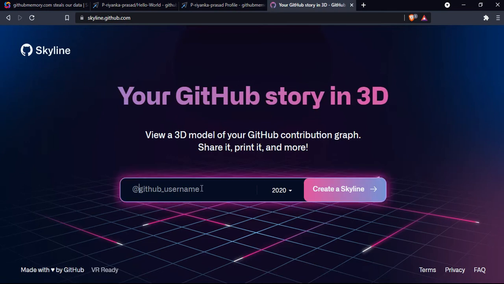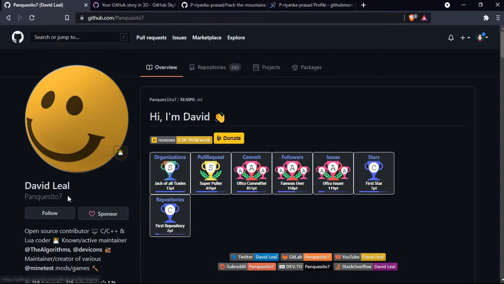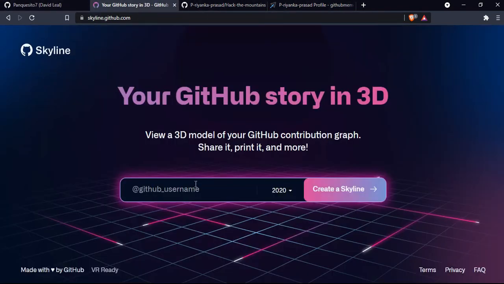Let's take the example of a very famous, very active community member who used to contribute a lot and is a maintainer in various other organizations. For this also, I will provide you the link in the description. Do check it out and sponsor Fankisto. I'm sorry if I'm pronouncing the name wrongly. Let's check out this 3D view of all the contributions made by Fankisto.